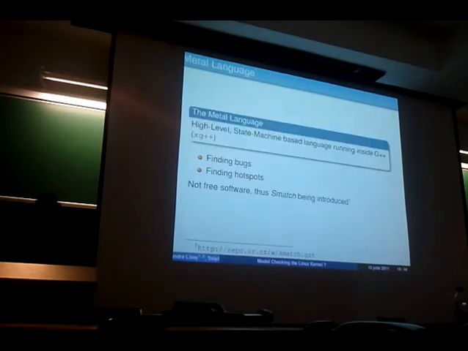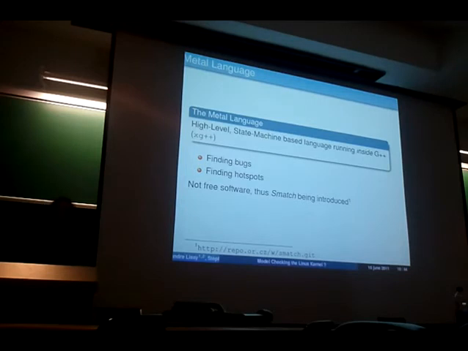So they introduced the meta language, which is a qualified static analysis method. It's a higher level, state machine-based language running inside a modified version of G++, which we call xg++. It is used to find bugs and also hotspots. Hotspots are simply for optimization purposes, to find where the code spends most of its time. And being state machine based, you have some